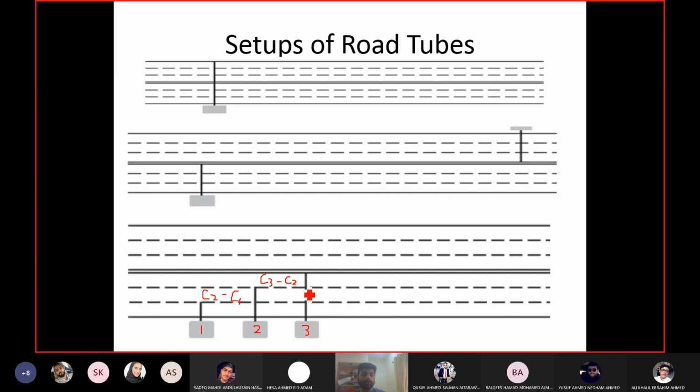Similarly, if you have 2 lanes, then you can only use 2 row tubes. If you have 4 lanes, then you can use 4 row tubes. Okay, and so on and so forth for each lane data. Okay, if you don't want it for each lane, then obviously it's very simple. I showed you in the above pictures.